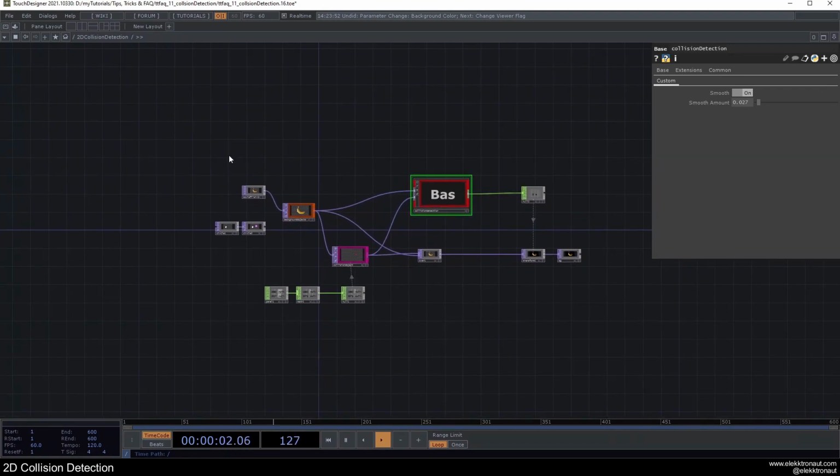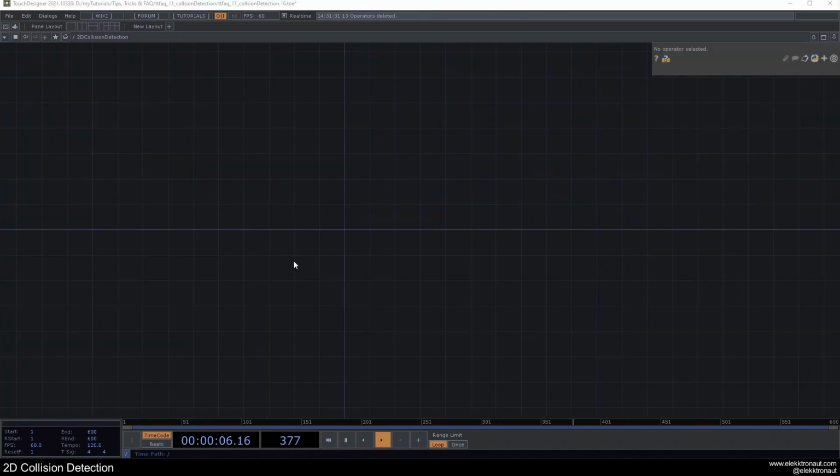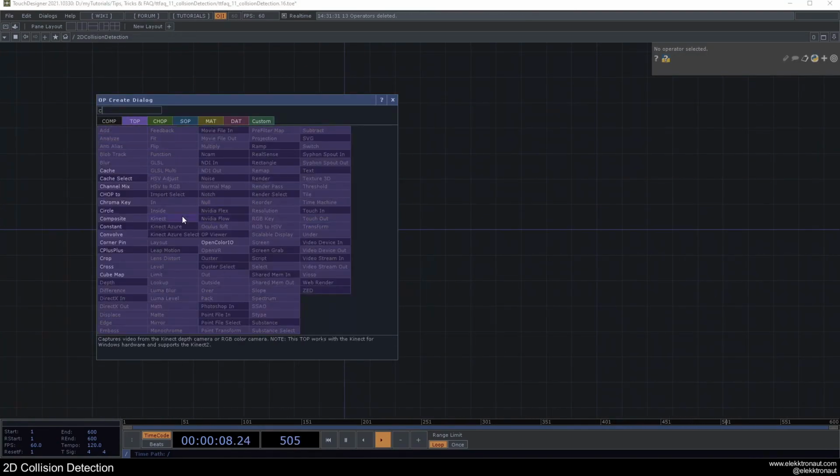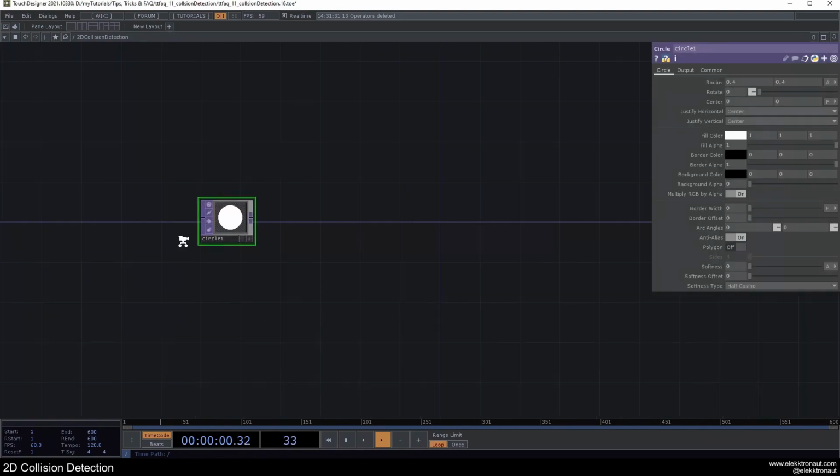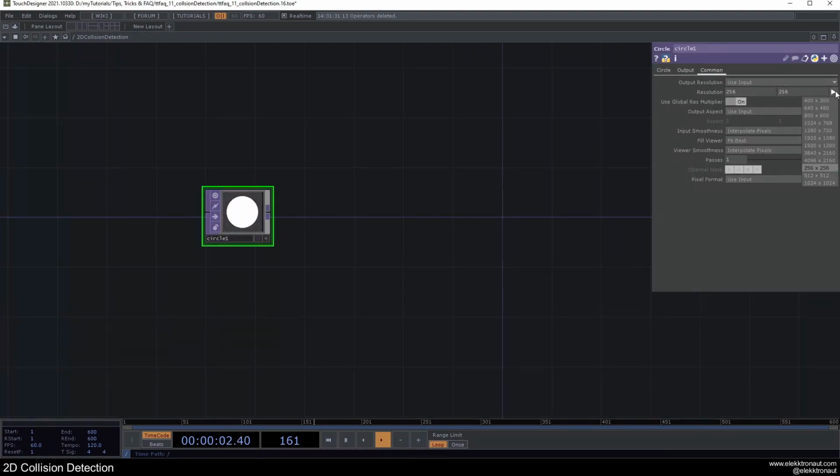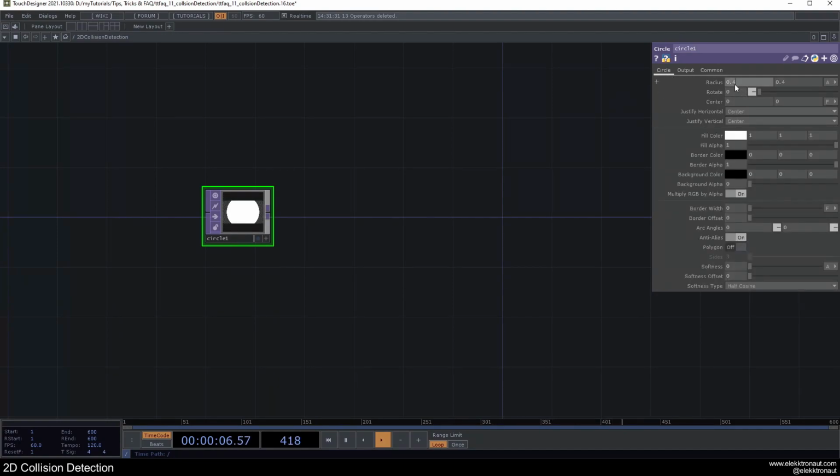Okay, I'm going to just delete everything as usual, and we're gonna start with a circle. So we're going to build our first background layer, and I'm going to set its resolution to 1280 by 720 in this case. Let's go down with the radius to 0.1 and 0.1, and let's move this over by minus 0.2 and minus 0.1,